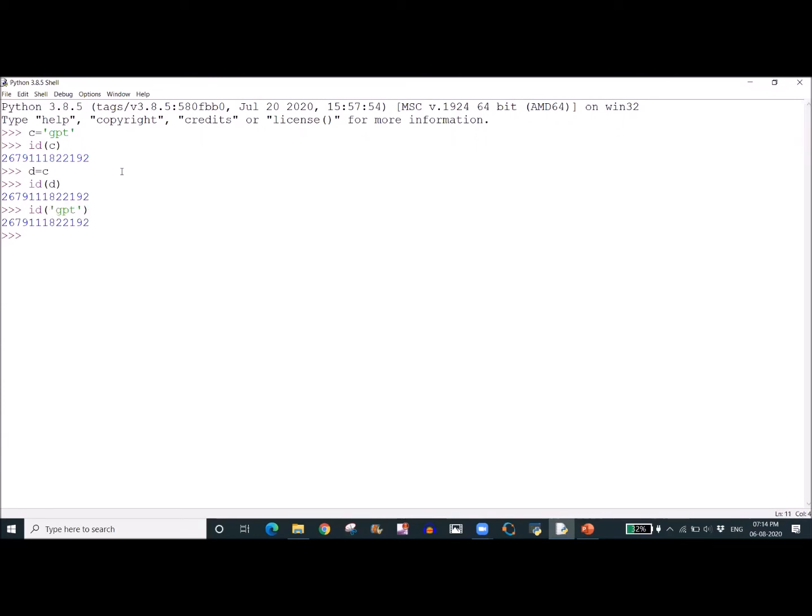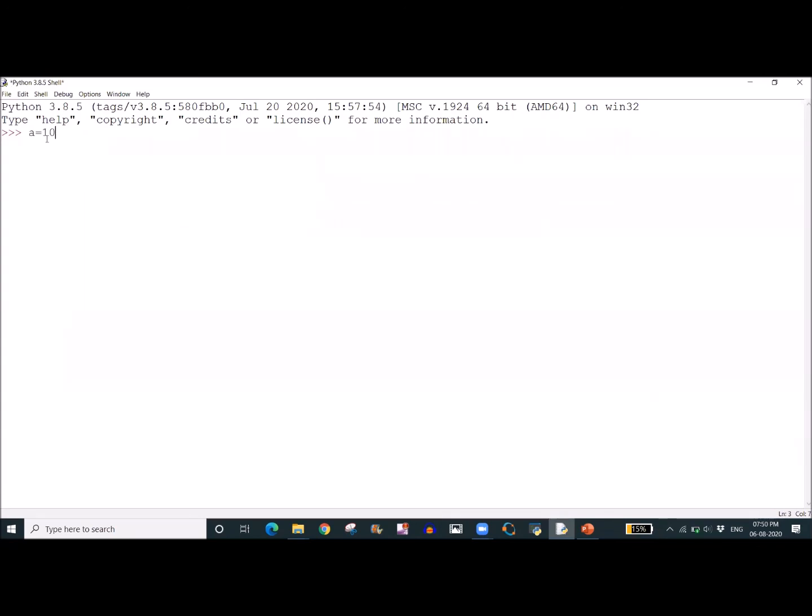The address of GPT is also 192. I have changed c to some new string, AMDV. Now the address of c is changed to a new value. Now I have changed d also, so the address of d is also 96.